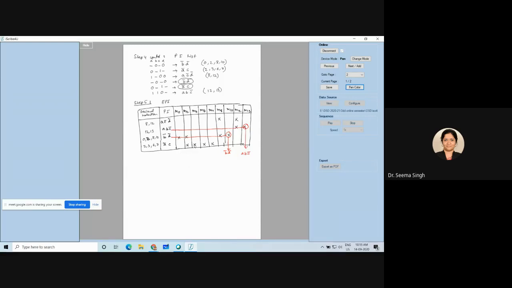So I can see 3, 6 and 7. All are having a single cross only. So I can take any one of them. One of you can take M3, one of you can take M6, one of you can take M7. The only thing is whatever you take, you are taking care of A bar C only. So let me take M7 only. I am taking M7. This is one of the essential prime implicant providers.